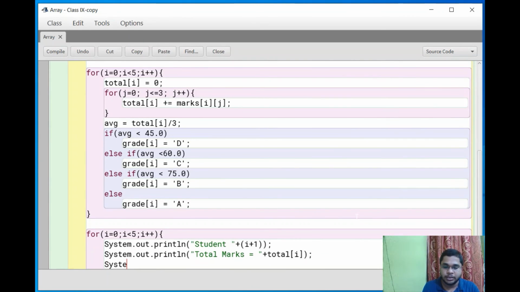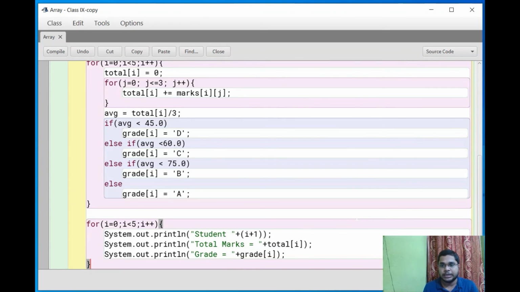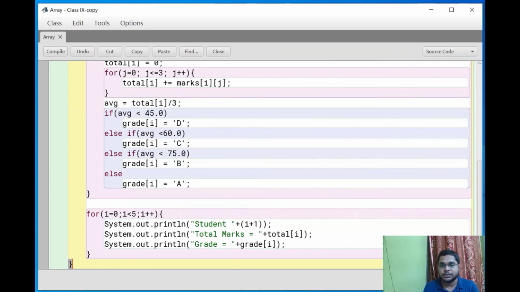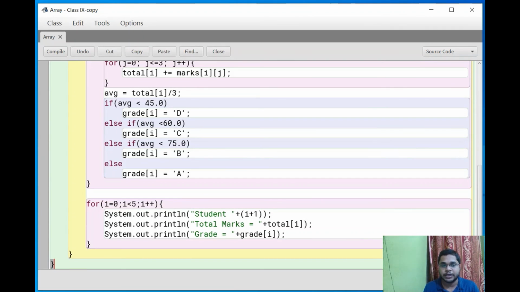Now again I am printing the grade array, that is System.out.println, then grade is equal to, concatenate with grade of i. Here square bracket close, then bracket close. This is to display the data. Then this is the end of my method and this is the end of my class, and this is the end.